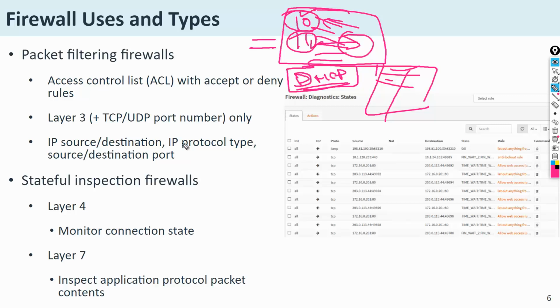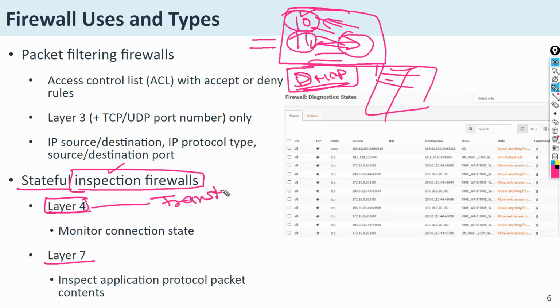Similarly, there is a stateful inspection firewall. When we talk about inspection, it is possible on two layers: one is layer 4, another is layer 7. On layer 4, you already know this is the transport layer, and it works over the network layer. On layer 4, they monitor the connection,